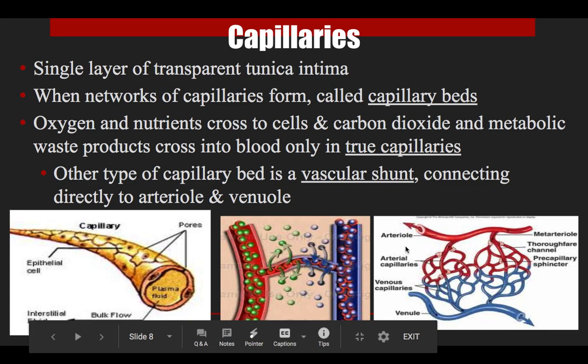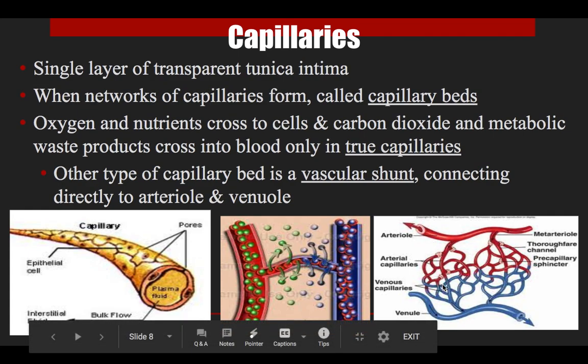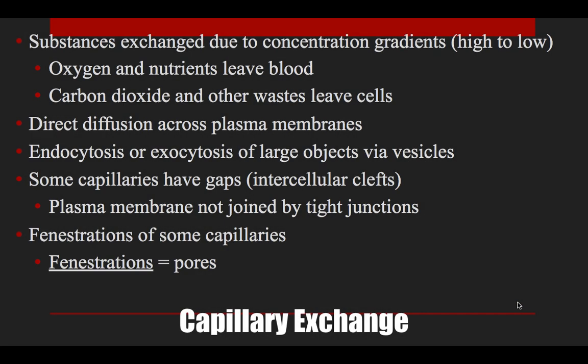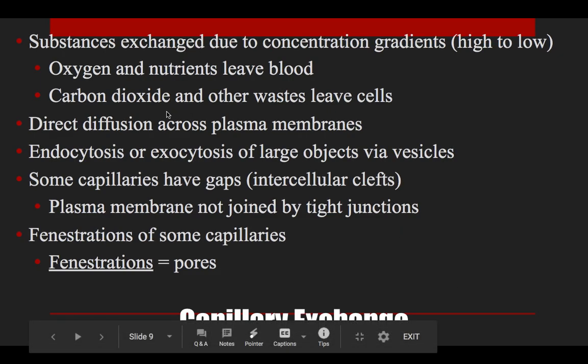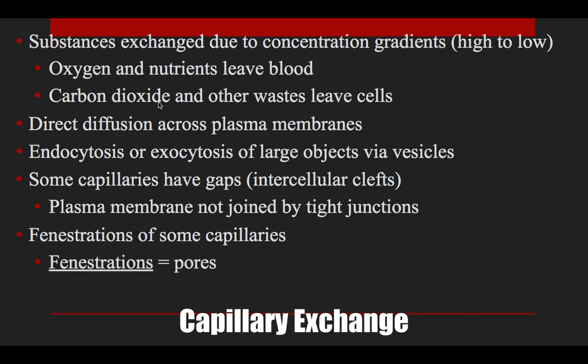And then here you can see again, blood is flowing through the arteries, passing through the arterioles into the capillaries, and then draining back into venules and veins. So what substances are exchanged at the capillaries? It's going to be oxygen, it's going to be nutrients like glucose and vitamins, it's going to be carbon dioxide,